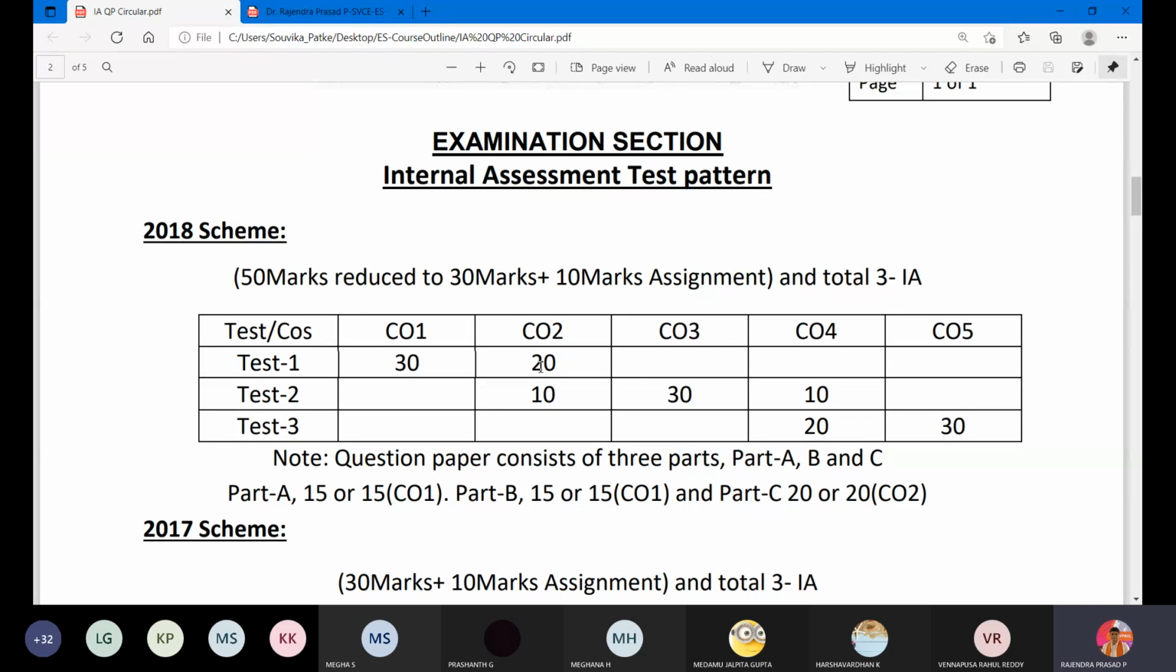For the second test, 30 marks are from the third module, 10 marks from the second module, and 10 marks from the fourth module. That is why we had taken this special class and completed the third module, and we started with the fourth module as well. Whatever I covered yesterday and today, from that you are expected to get a 10 marks question. So it is a combination of